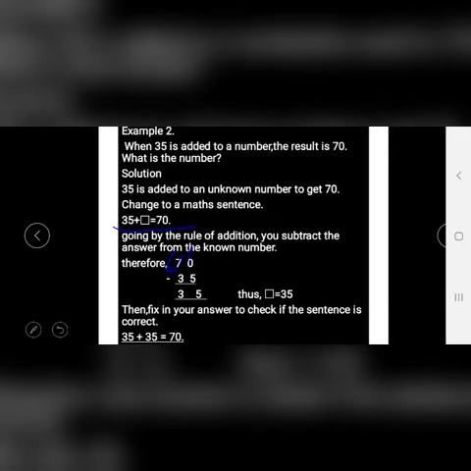If you fix in your answer to check if the sentence is correct. Don't forget that the sentence is this: 35 plus box equals 70. So I have 35 plus 35